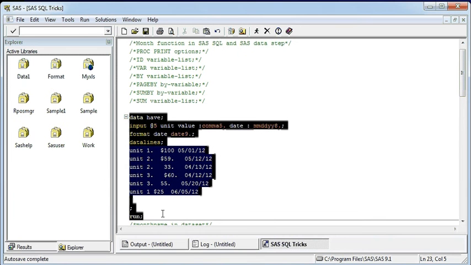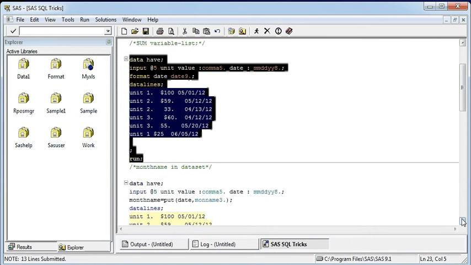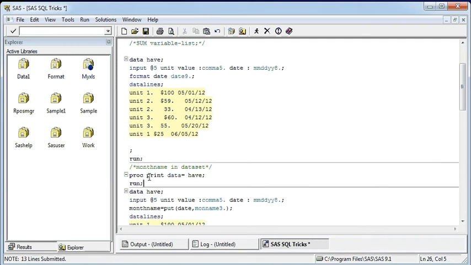So I'm going to run this here and print it to see the values, how it is showing.